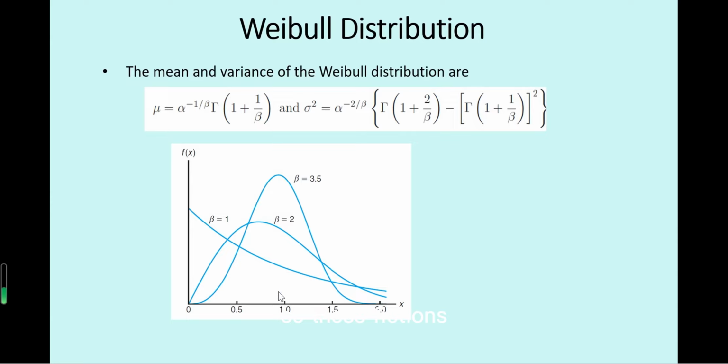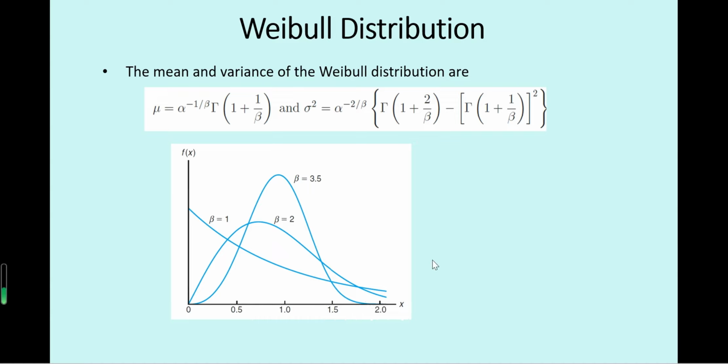So this figure shows 3 Weibull distribution density curves. For example, beta equals 2. It looks like a normal bell shape, but not normal. And beta equals 3.5 is very close to normal, but not normal because it has a little longer tail to the